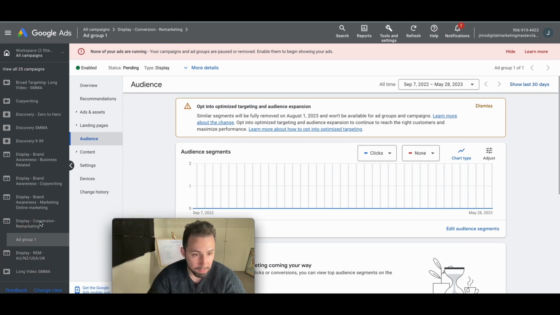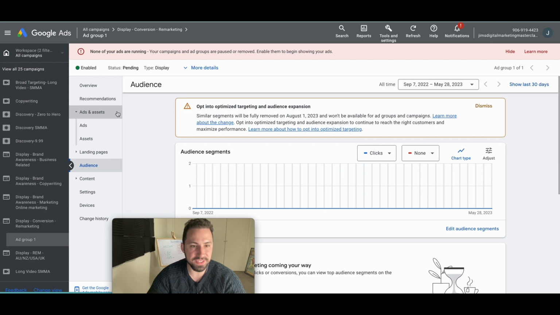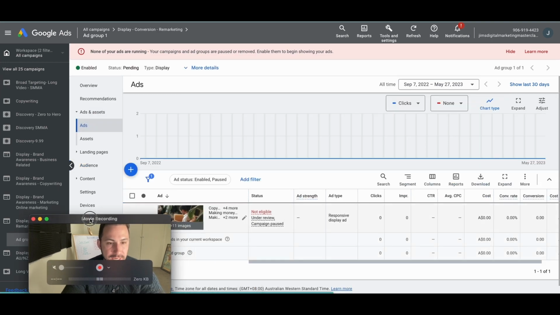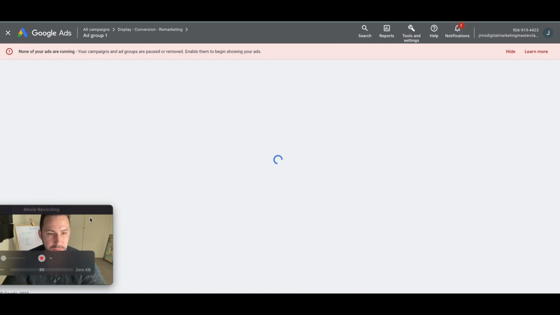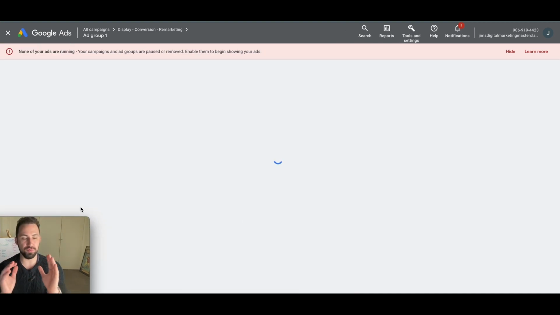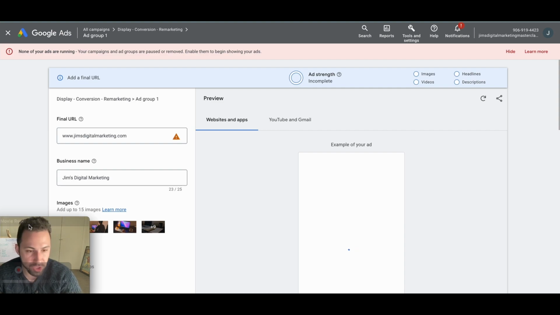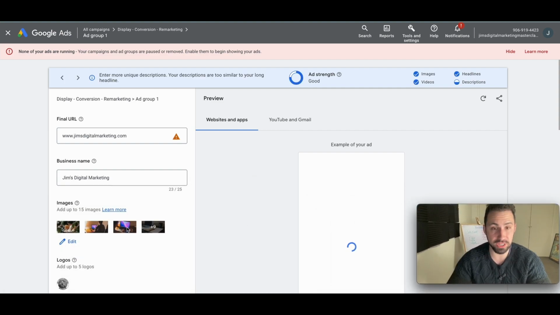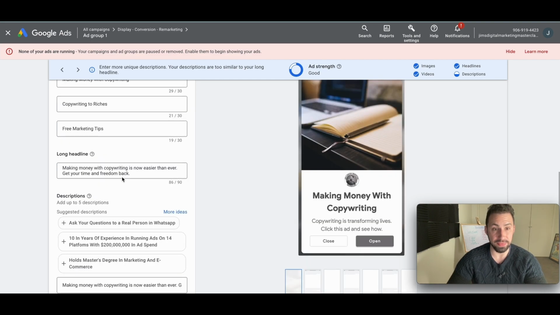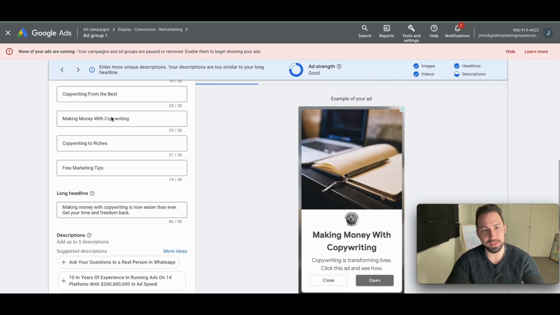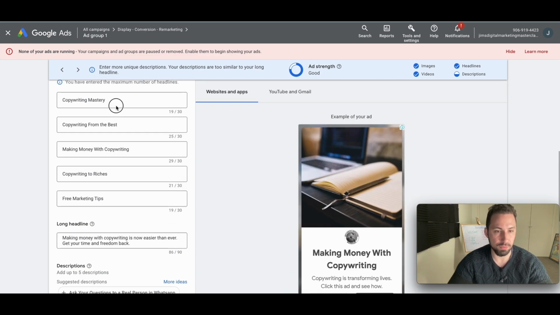And I was going to talk about the ads itself, ads and assets for a remarketing campaign, how you should write your remarketing copy on a display campaign. So first things first, you want to acknowledge that they visited your site and they haven't taken an action. You want to underline this, right? They visited your website, but they haven't taken an action. We want to say,